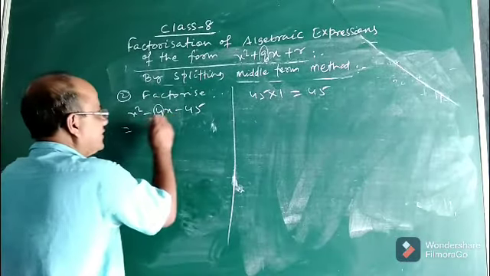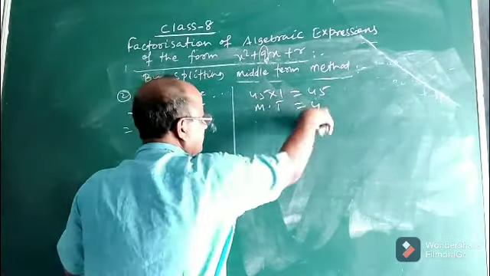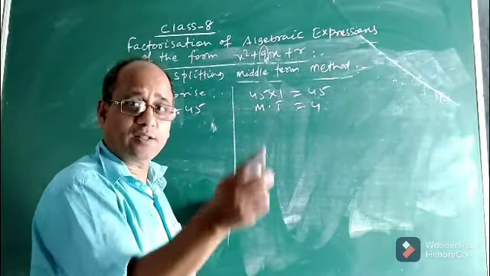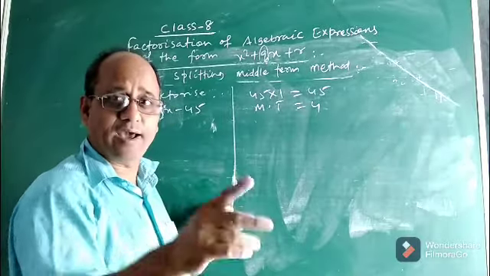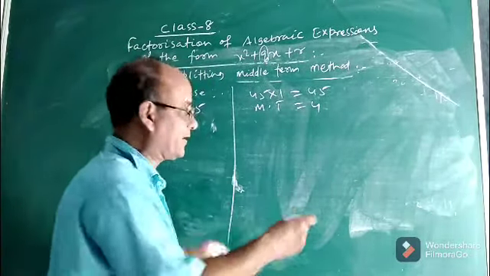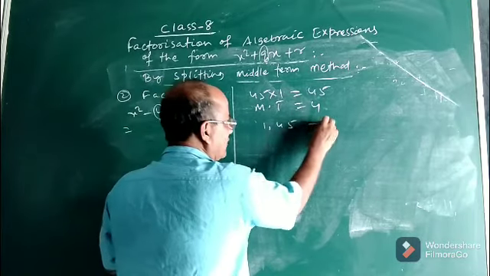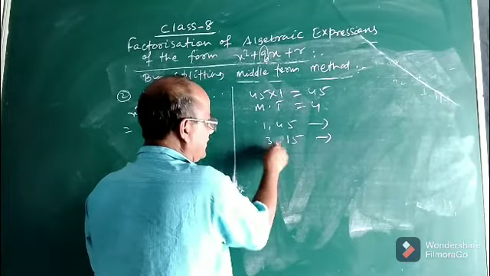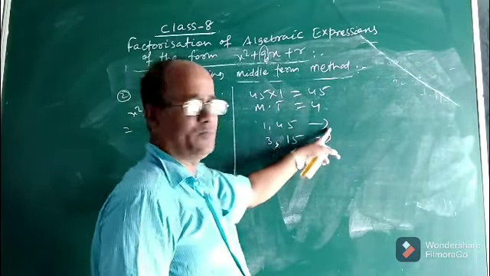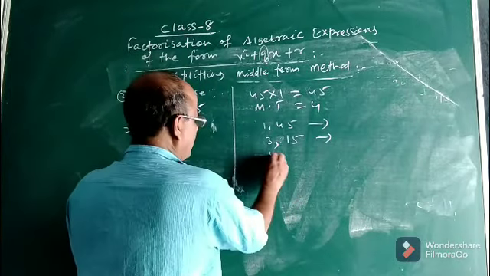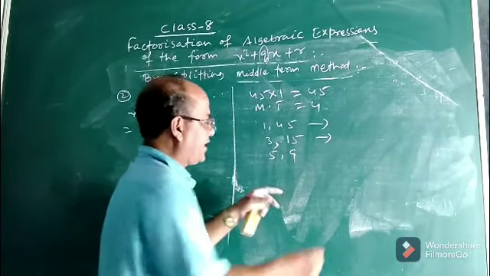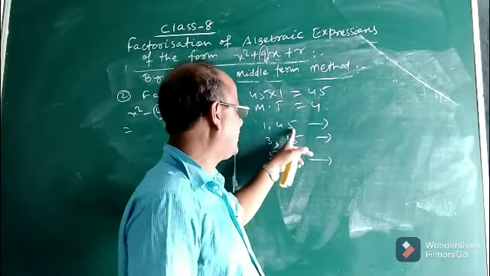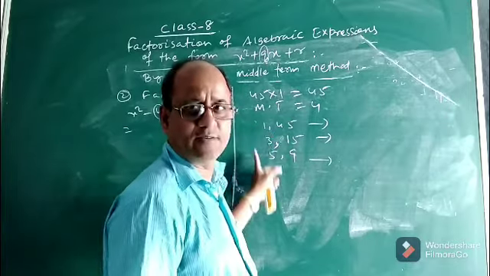Now what is the middle term? See, the middle term is 4. Now you think of two numbers, from the multiplication table, where you will find 45. What are the factors you see? 1 and 45 is one possibility. 3 into 15 is another possibility, because 3 into 15 is 45, 1 into 45 is 45. And you also know 5 into 9 is also 45. So these are the possibilities.